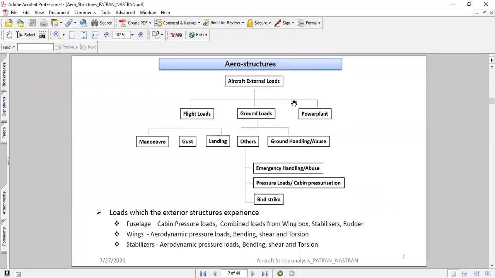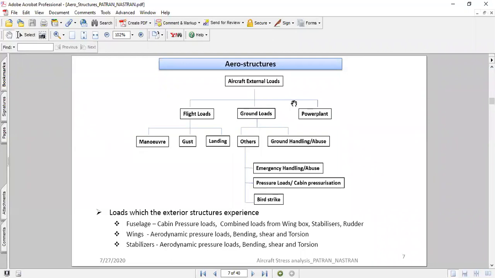Gust is mainly an abuse loading. There are also the ground loads, which are categorized as emergency handling and abuse loading, and the cabin pressurization loads. Other than that, there is load from bird strike.